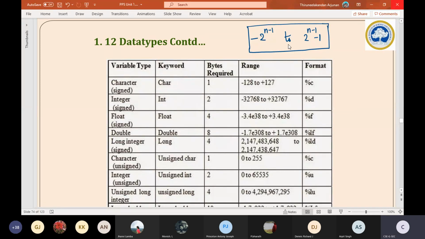Sir, why are you asking us to remember this formula? I'll tell you. Let's take one simple data type that we have learned, character. Whenever we declare a character, it will make our computer reserve 1 byte of data.